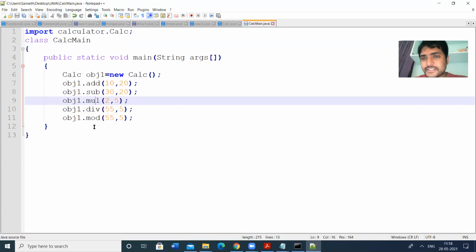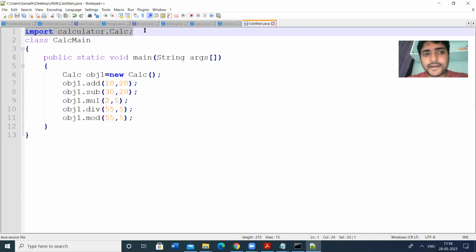All these methods have definitions in the calc class. So that's why we are importing the calc class. But the calc class is in the calculator package. So we are importing that package. Import calculator.calc. So here I am going to invoke the methods.